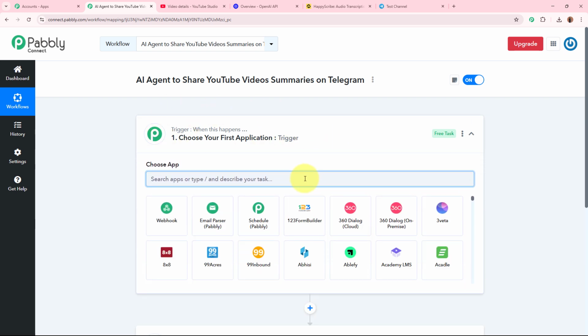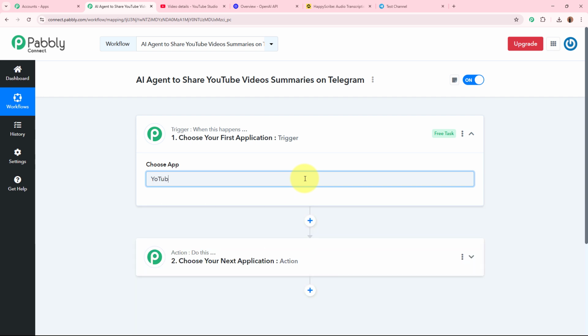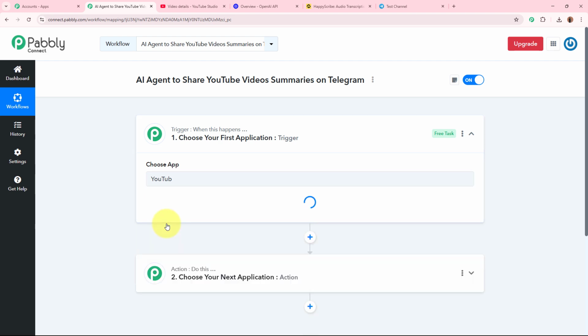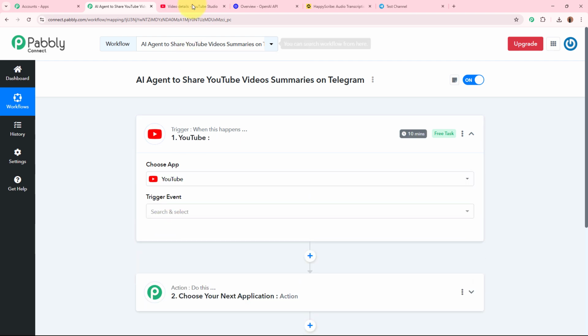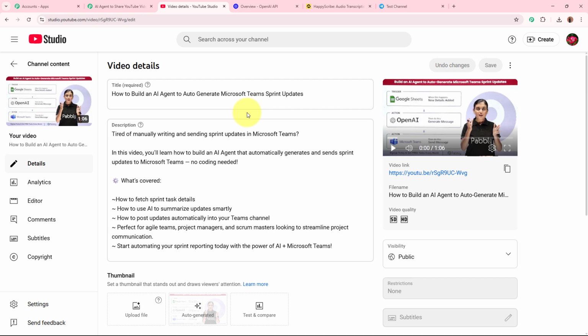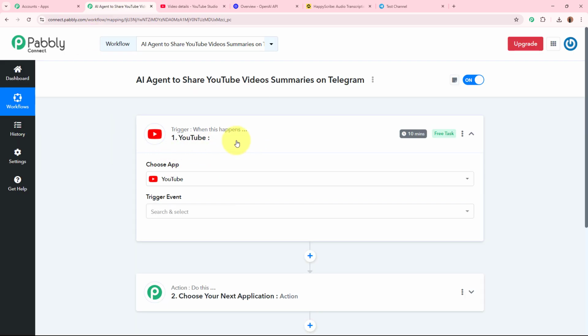We are going to set up our trigger step first, in which for my trigger application I'm going to select YouTube. I'm selecting my trigger application as YouTube because as soon as a new video is uploaded on my YouTube channel, I want the trigger to capture the response of that. That is why for my trigger application, I'm going to select YouTube, and the trigger event over here is going to be